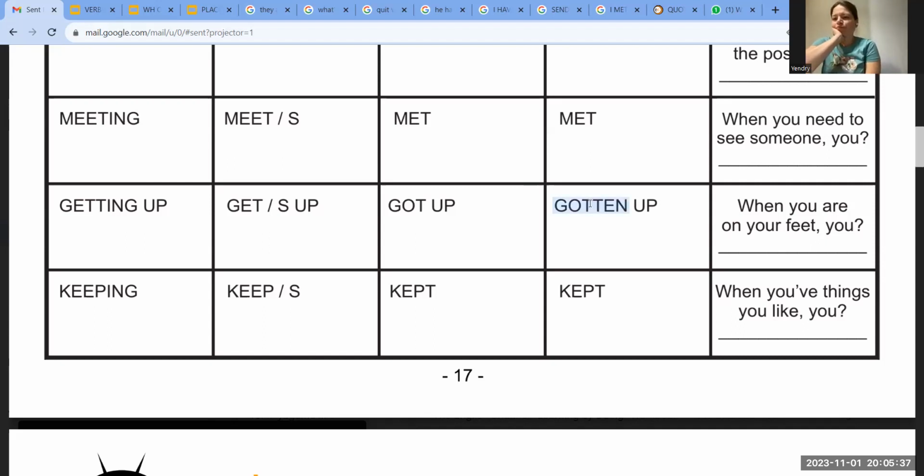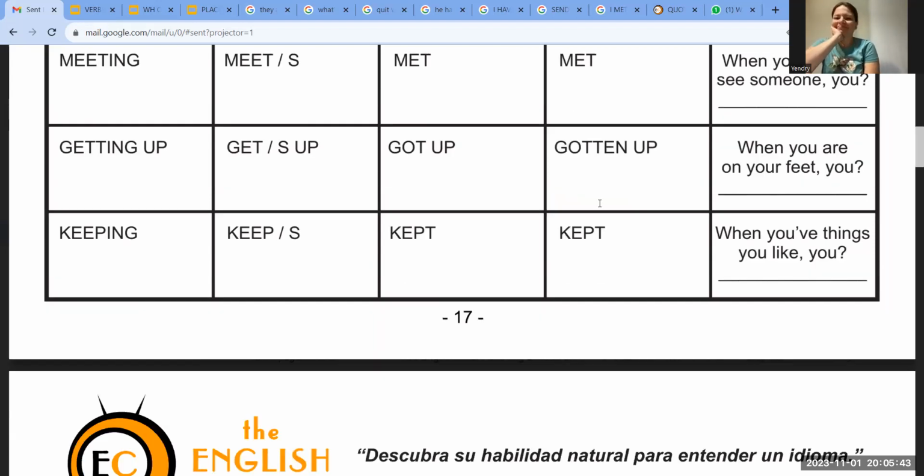Así como dicen por ahí, es así porque es así. I don't have an explanation. But it's valid. Okay. So, what is the difference between wake up and getting up? The difference is that when you are in a classroom, you don't wake up, you get up because you stand, right?